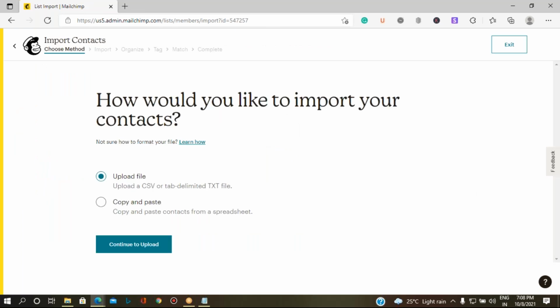Here it is asking whether you have your email IDs list in a file format called CSV. Have you heard about a file in CSV format?